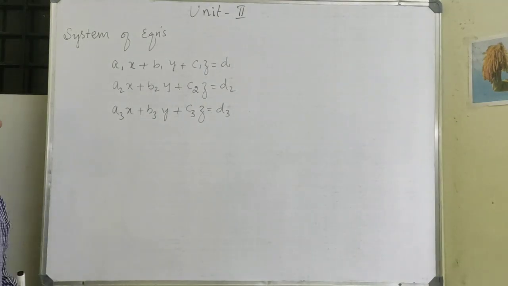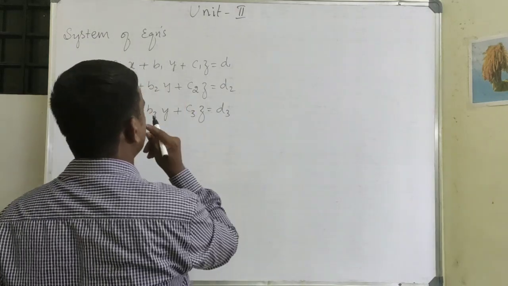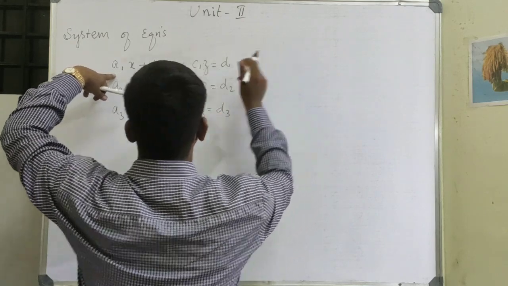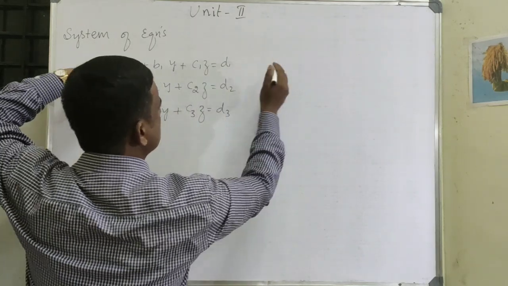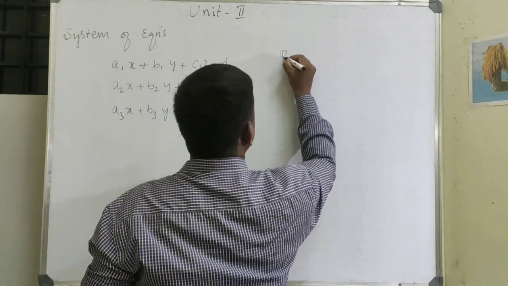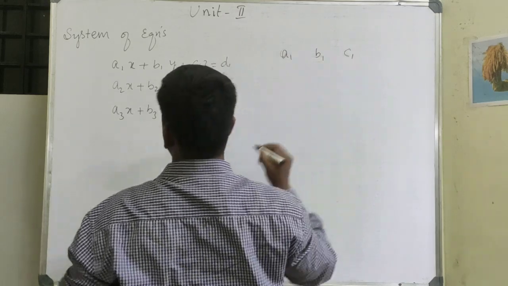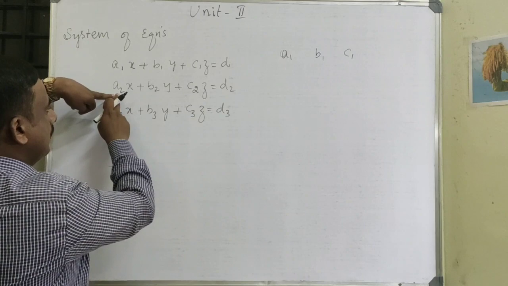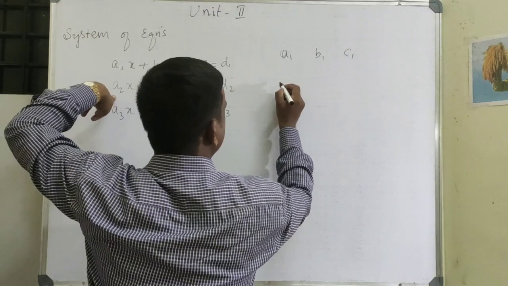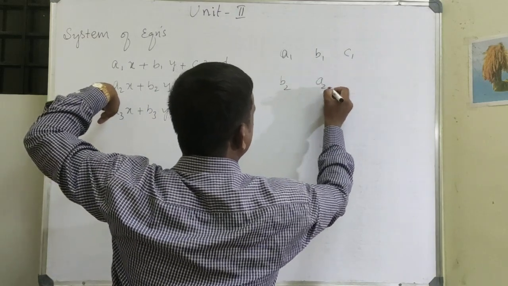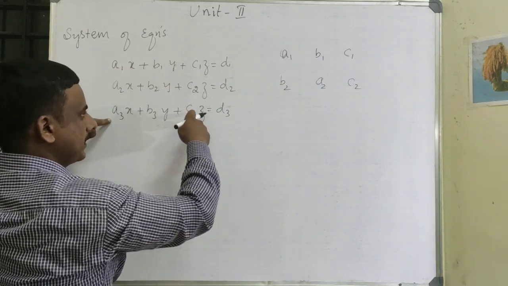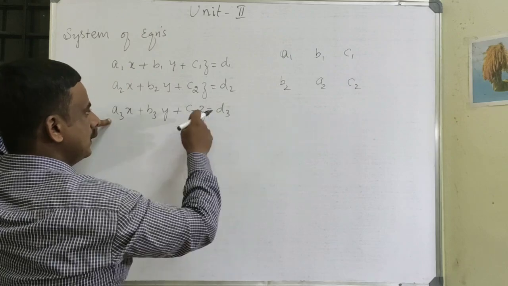Now we say that this system is diagonally dominant if it follows this condition. The first condition is, look into these coefficients. I have a1, b1, c1. Here I have the coefficients a2, b2, c2. I'll write the diagonal coefficient first: b2, a2, c2. Next, a3, b3, c3. See, a1, b2, c3 are the diagonals, so I am writing diagonals first: c3,